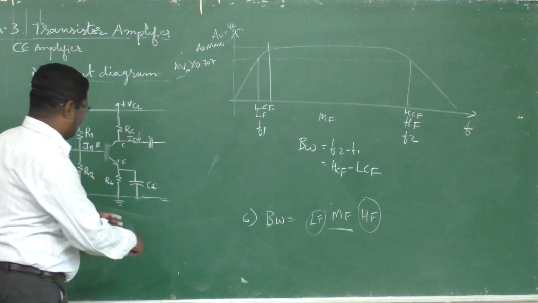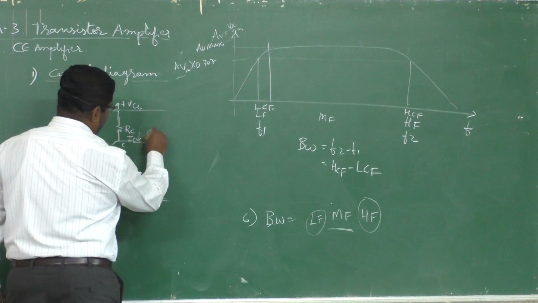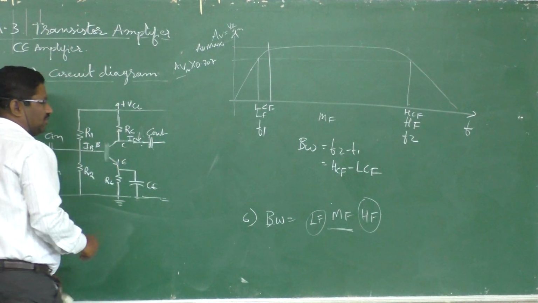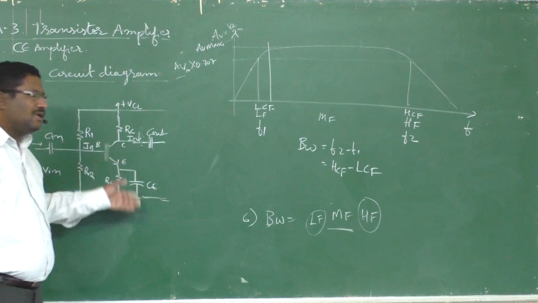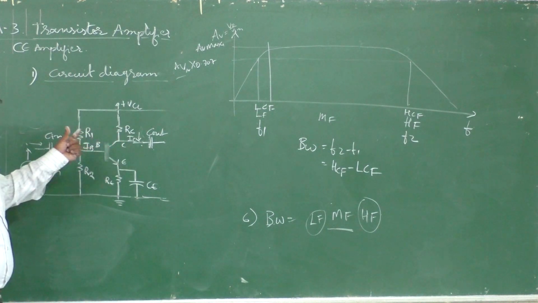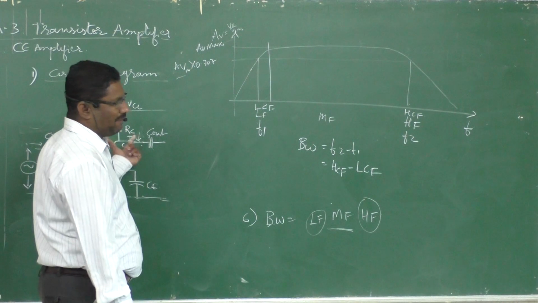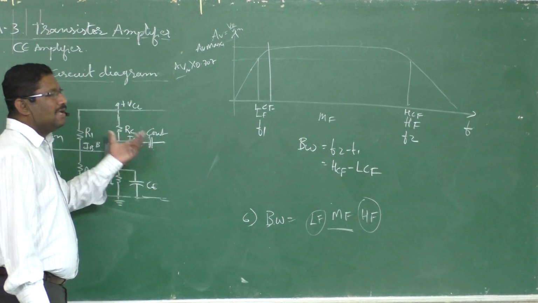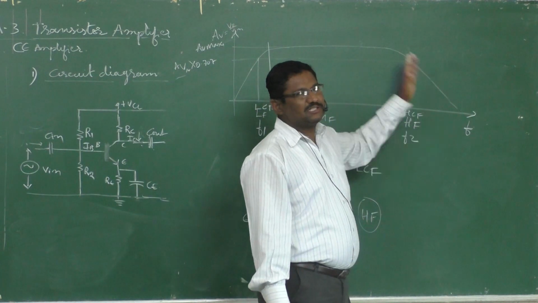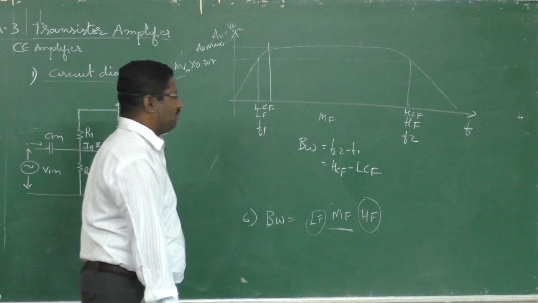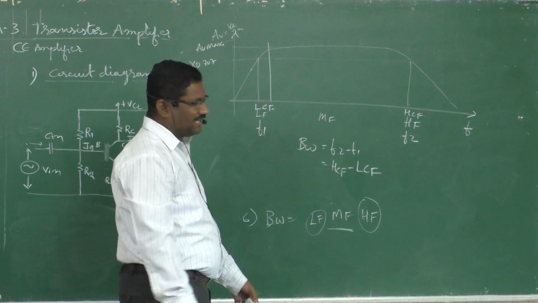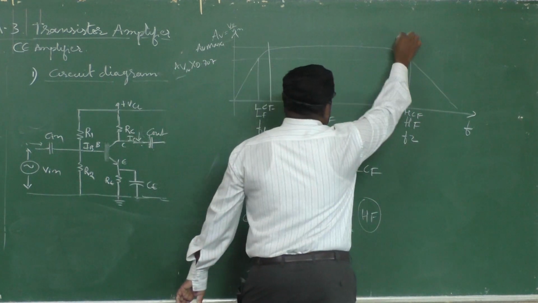And for higher frequencies, this is Cout, the output coupling capacitor, and inside we have junction 1 and junction 2, the input junction and the output junction. At the output junction, the collector and emitter junction, we come across a capacitance acting as a capacitor. That capacitor and this output coupling capacitor will block the higher frequency signals. That's why we are getting a lower amplitude response. The gain for higher frequencies gradually decreases, and there also we are not getting amplification.